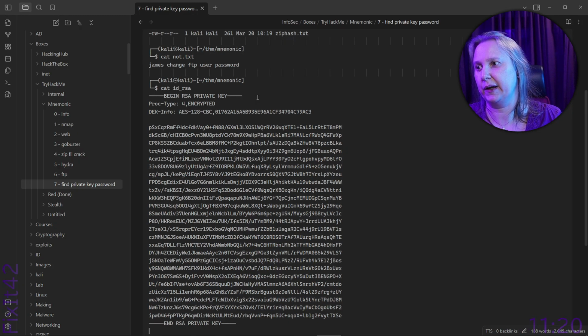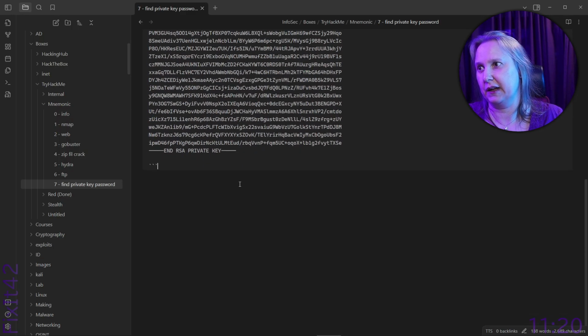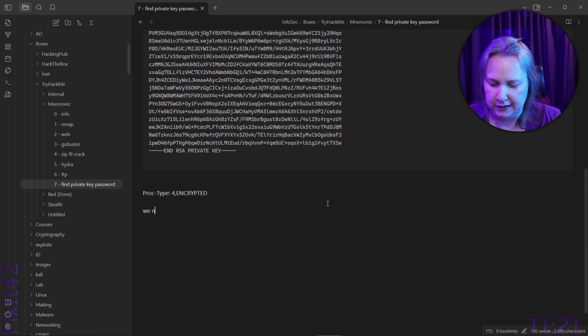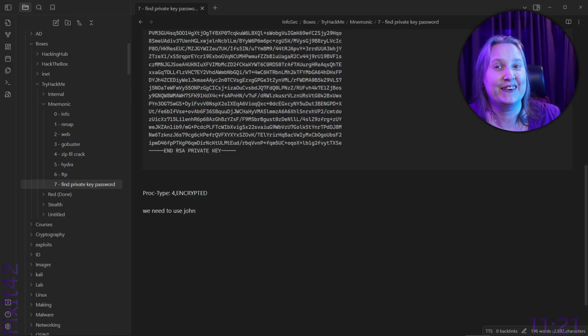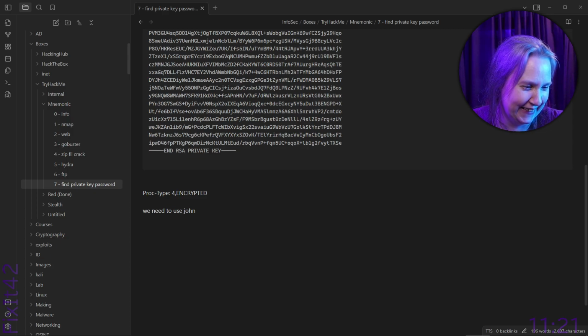So this is what we have, and I'm going to make a note to myself here that this means we need to use John there. So let's do that, and as you told me so kindly, we can use SSH to John.